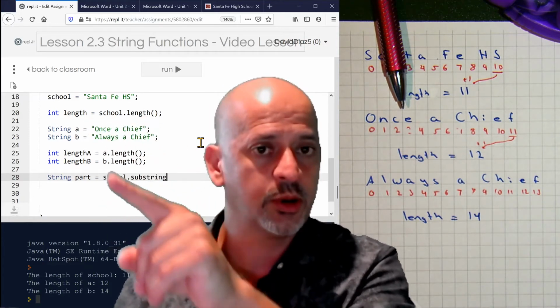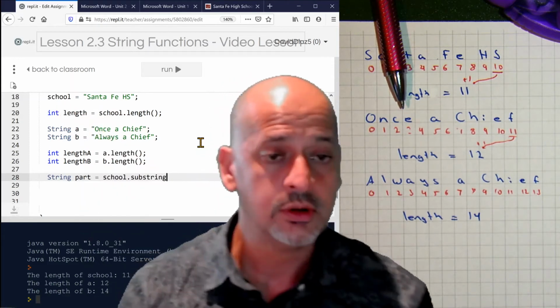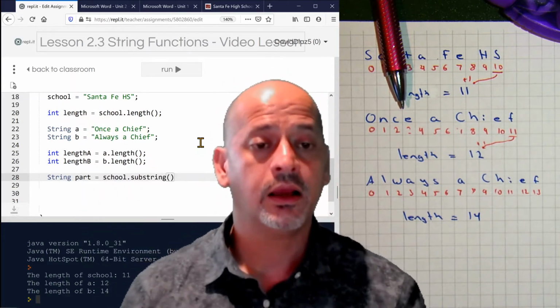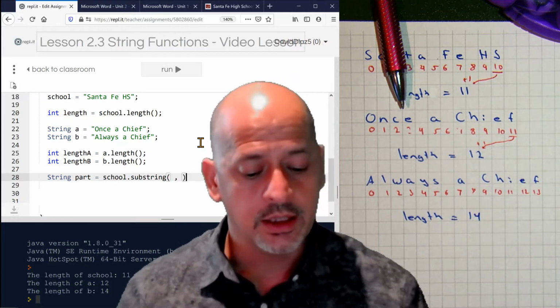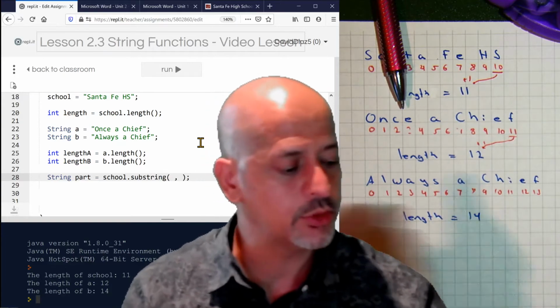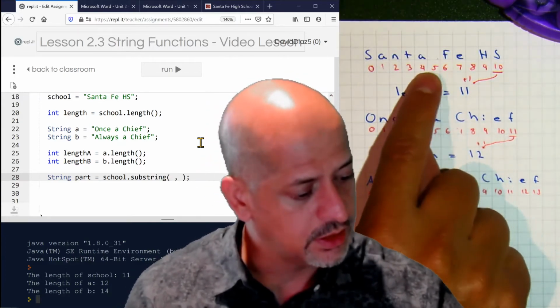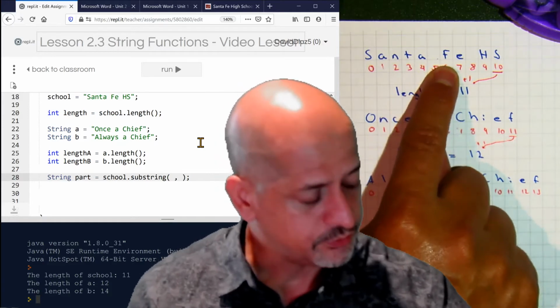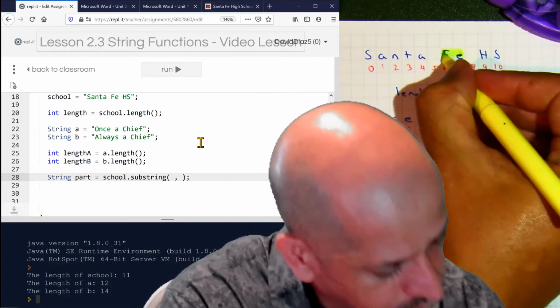So if I want to get a piece of Santa Fe, I want to use the handle school. And then we're going to have two numbers in here. This is going to be the initial number. So let's say we want to get just Fe. If I want to return that,